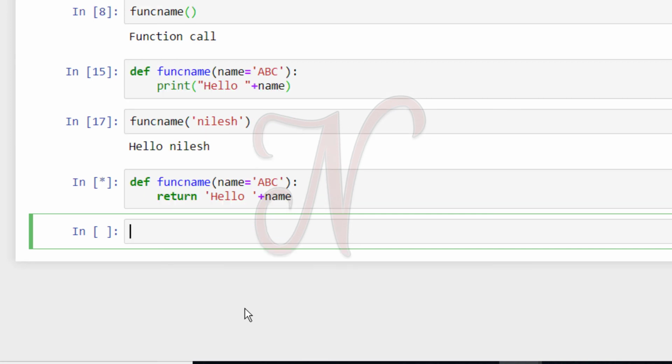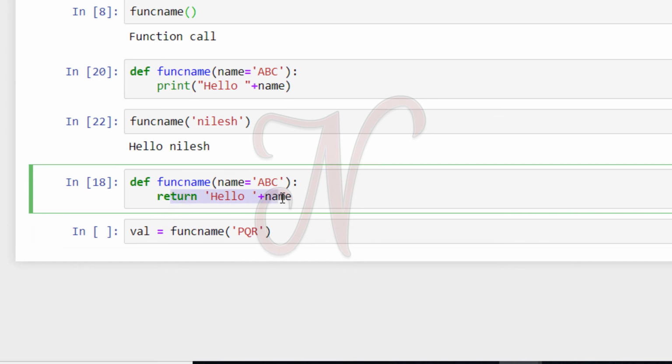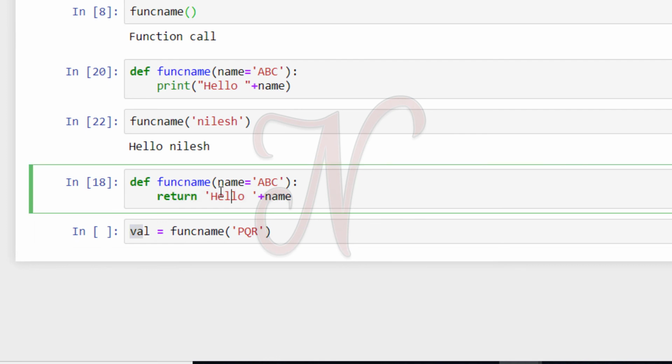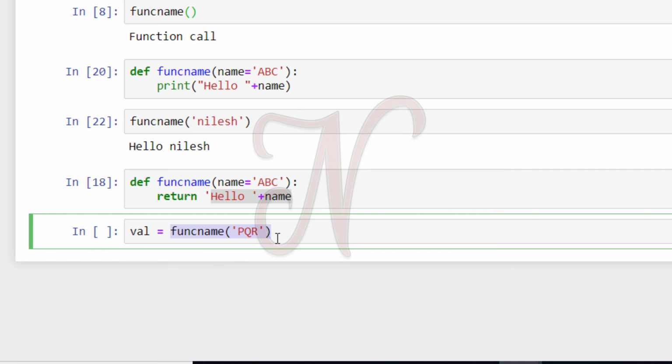See here, we can call this function and store the result in a variable: func name, and this is my PQR. When you use the return statement and this function is called, the return value goes to the function calling statement and is assigned to this variable val.